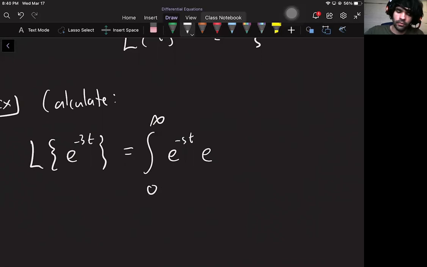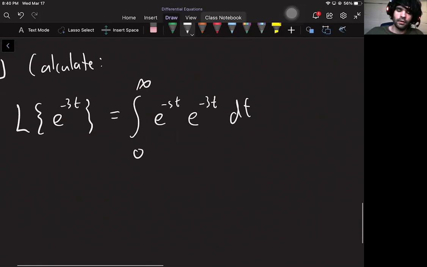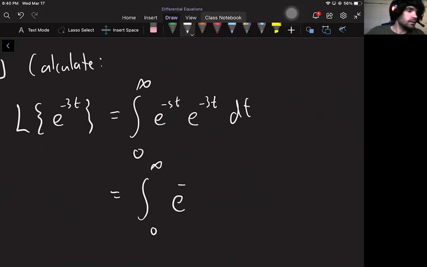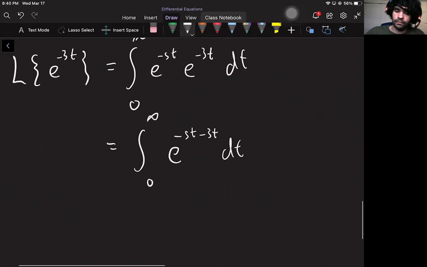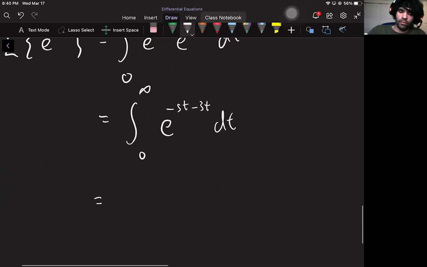All right, so the Laplace transform of e to the negative 3t is, keep that the same. Now that's e to the negative 3t. This one will be a little bit easier actually, because here I can combine because the base is the same, and I get e to the minus, how do I want to do it? I'll do it like this. And then I will remember that I'm thinking of s as a constant, t is the variable. I can just take out a t